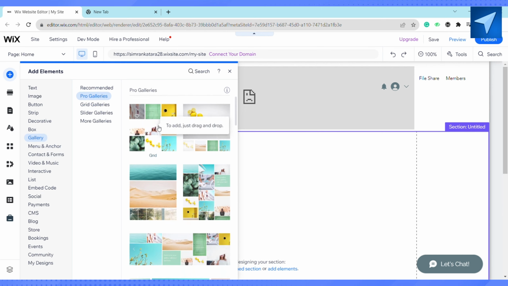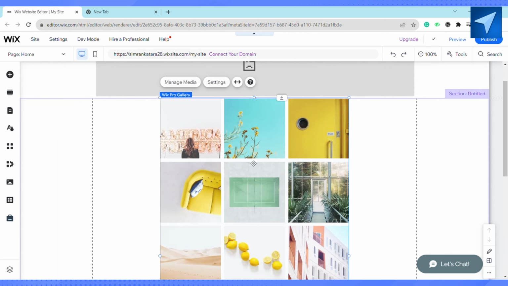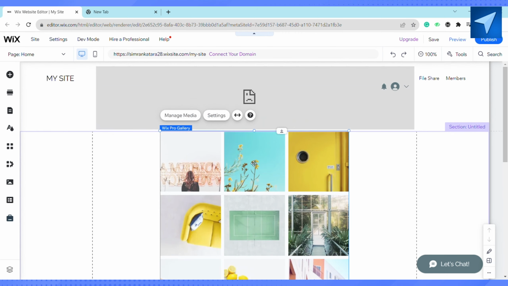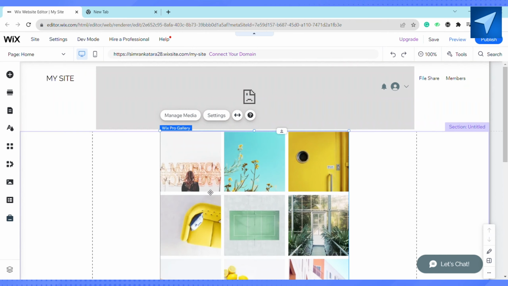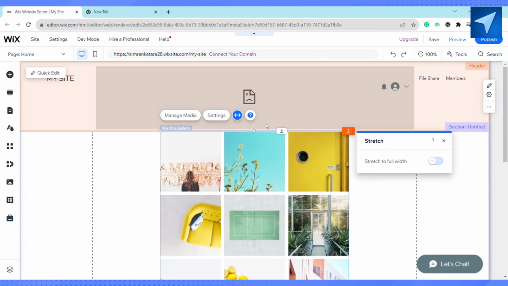Just click on it, and now just select any of the template given right here. I'm selecting this one, and now as you can see that the Wix Pro Gallery template is on my site, and after that you can adjust and manipulate the settings according to your need. So here you will see the option called manage media settings and this stretch mark. So if you click on stretch, you will see that, and if you enable the settings, you will see the